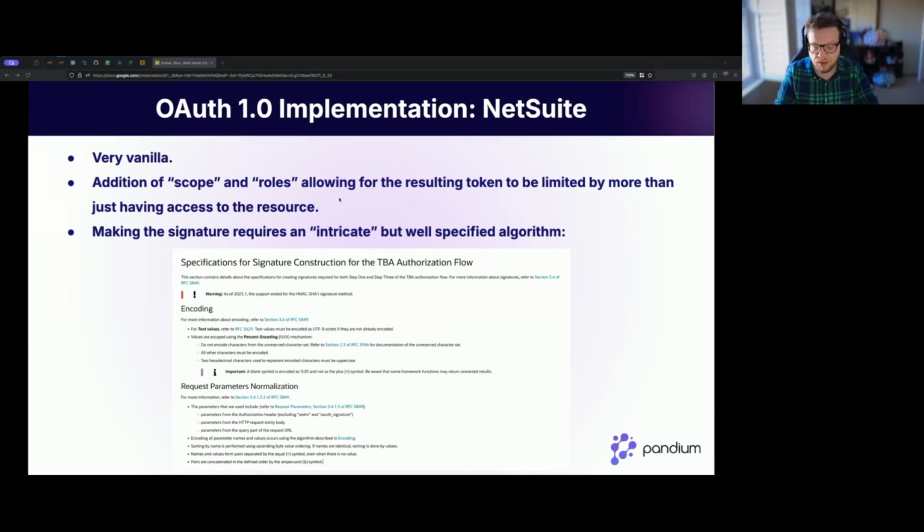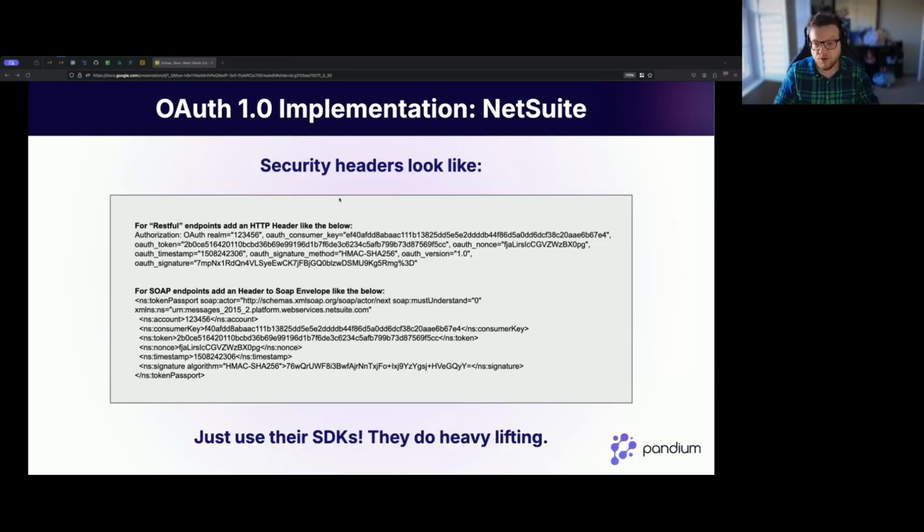Once you have all this down though, it's really trivial to just pass this signature around. Here's an example if you're trying to do a raw request. So one of the things to know is like once you have this token, you have to pass it around along with all that other information. So the customer key, the nonce, the timestamp, the signature, whether you're making RESTful endpoint calls in NetSuite or SOAP